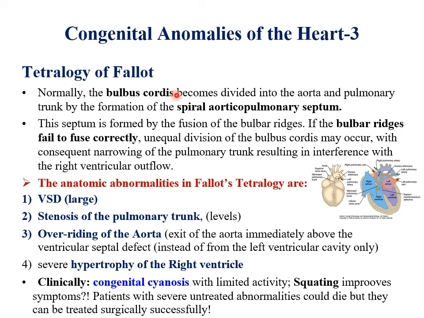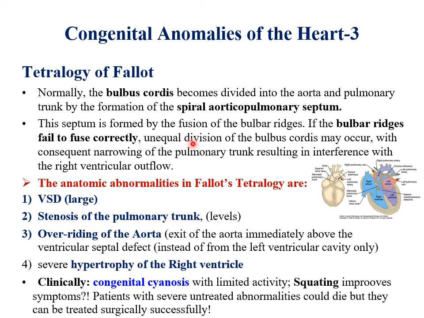Normally, the bulbus cordis becomes divided, as we said before, into aorta and pulmonary trunk by the formation of the spiral aortopulmonary septum. This is the bulbus cordis with its terminal branching parts. The septum is formed by fusion of the bulbar ridges. If the bulbar ridges fail to fuse correctly,